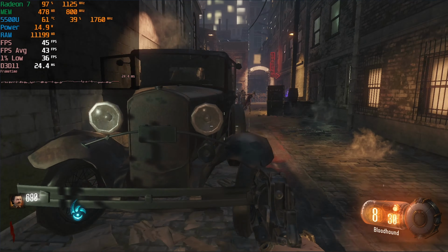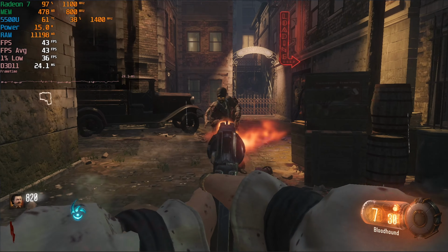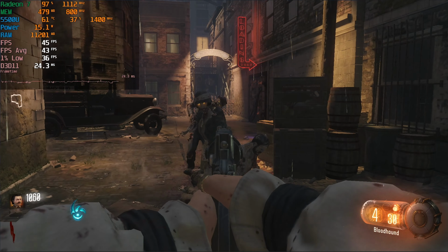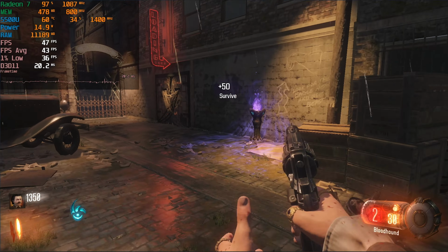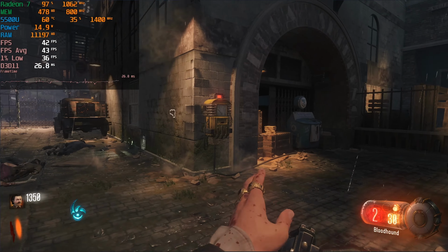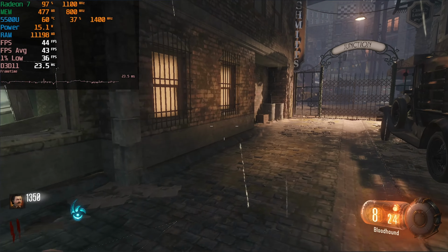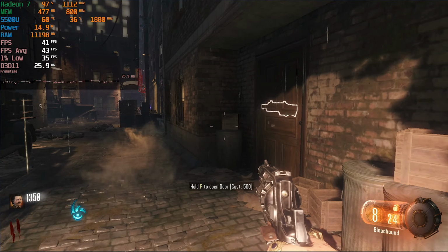15 watt TDP. Now of course this is with 16 gigabytes of RAM, and it really does make a big difference in terms of keeping those 1% lows at least consistent enough to be able to be played at an above 30 FPS average, with our averages hitting in the low 40s and 1% lows not even going under 30. Certainly not the greatest gaming experience, but considering that we are at the full 1080p resolution and the TDP is